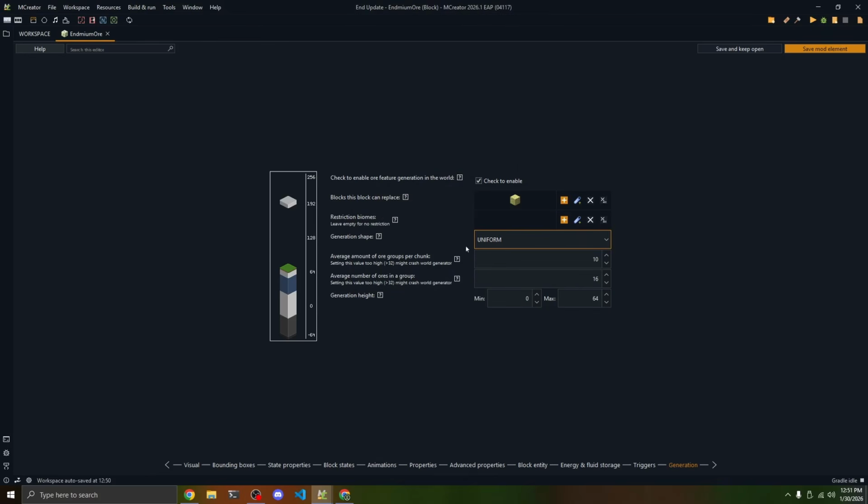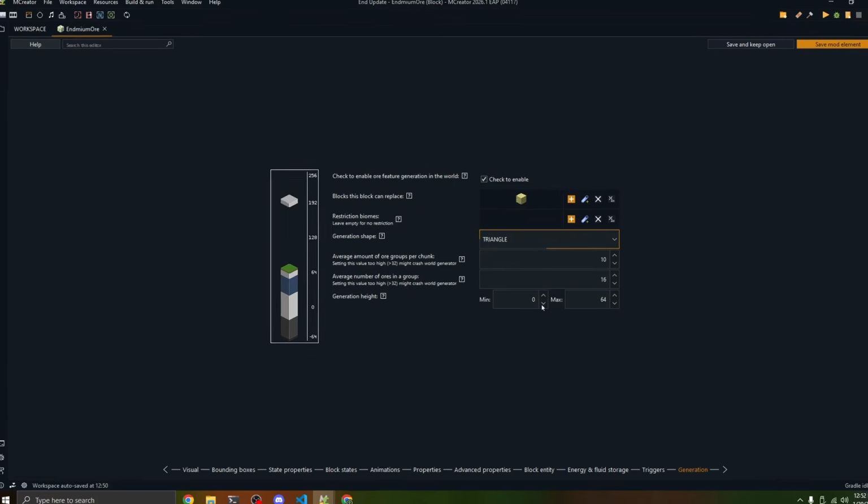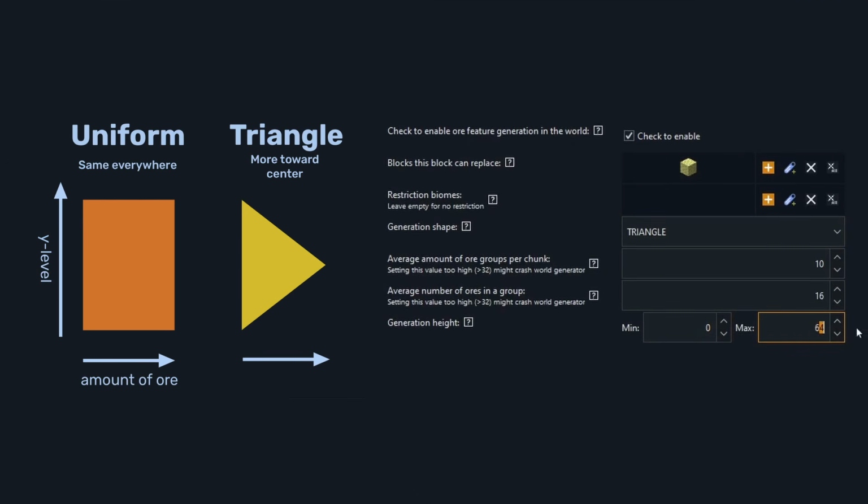Now under generation shape, this is the way that ores generate. All that you really need to know for this one is that you should probably set it to triangle. This is the new ore generation system that's been used since 1.18, and this effectively means that between this minimum and maximum generation height, the heights in the middle will be the most likely to spawn the ore. So if you go to the far bottom of where it will generate, there'll be less, and if you go to the far top, there'll be less, and it will gradually get more and more ore as you get towards